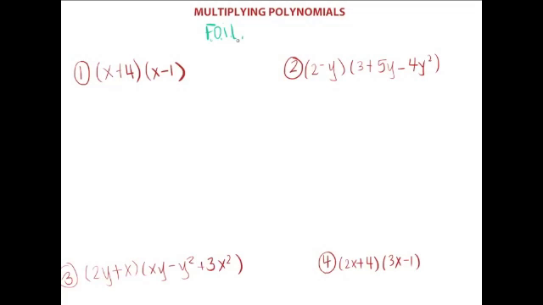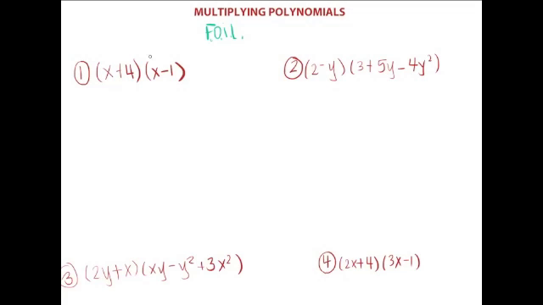Okay. And so what I want to show you is another way of looking at this, because there are sometimes when FOIL may not always work. For example, in number 2, where we have two things here in the first parenthesis, but if you look in the second one, see how there's 3 things in there? FOIL gets kind of confusing sometimes,